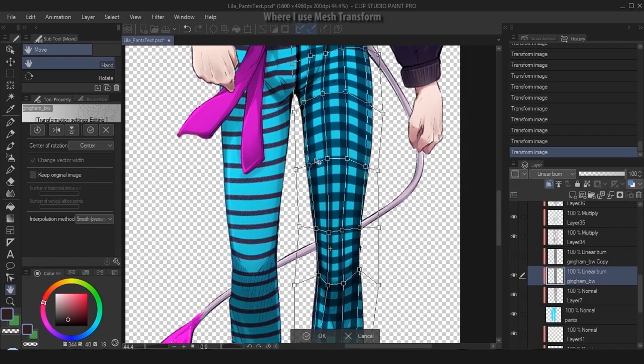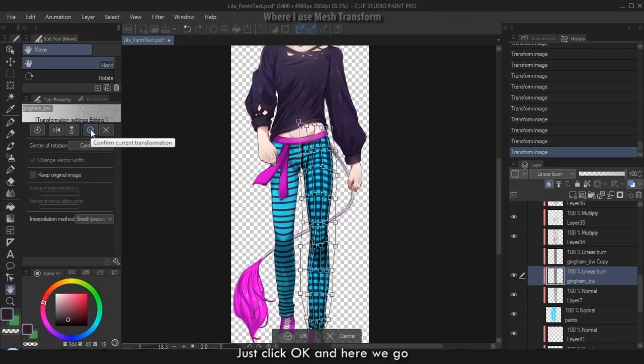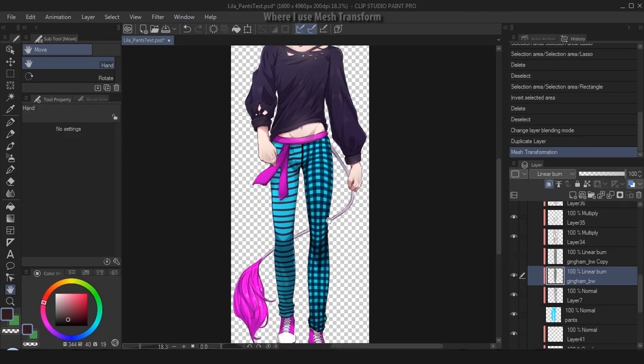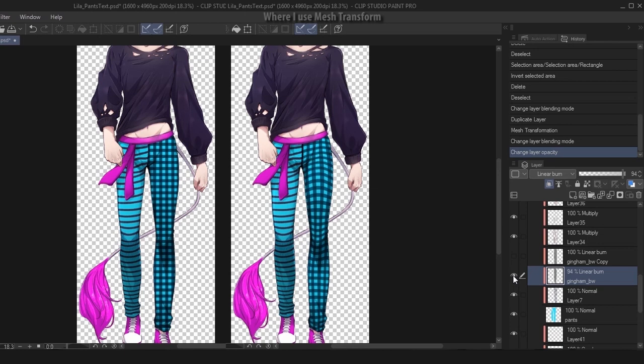Okay, and when you're done, just click OK, and here we go. This is before and this is after. Okay,